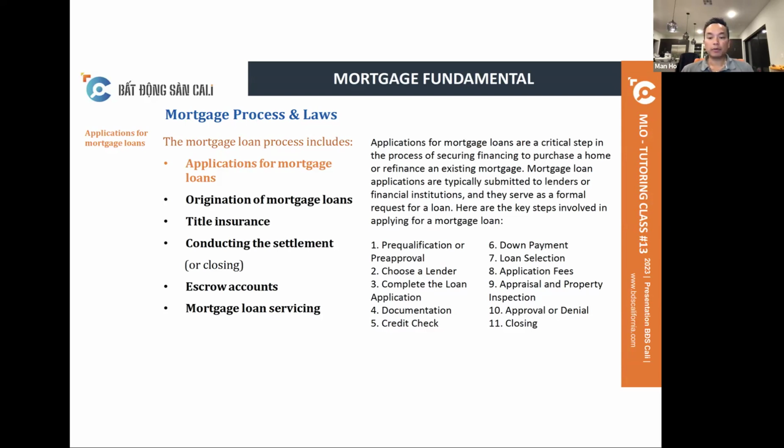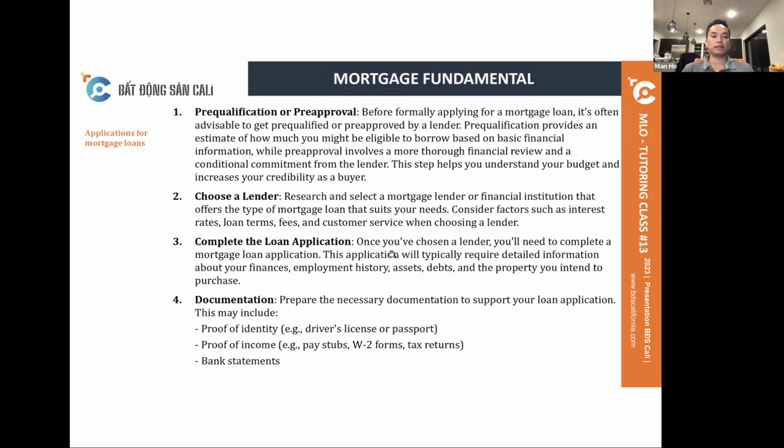And then approval or denial. If you get a CTC, clear to close, you get an approved loan. If you don't, you get a denial, right? Adverse action. Adverse action means that you are not qualified for the loan, so the bank denies your loan and gives you a denial letter. Closing. If everything is good, CTC and all that, the loan gets approved, then comes the closing time. So I'm going to go deeper into this a little bit more. So like I said,